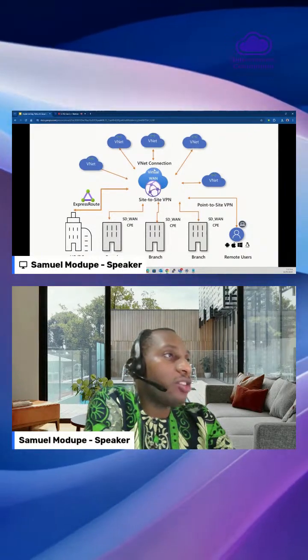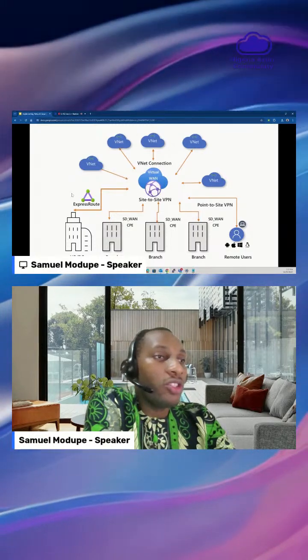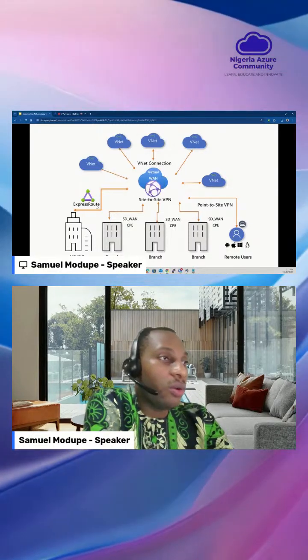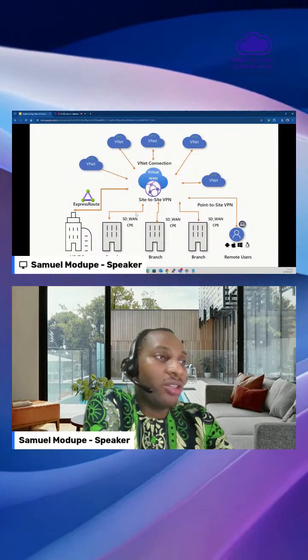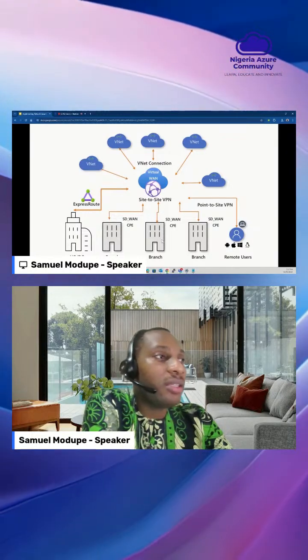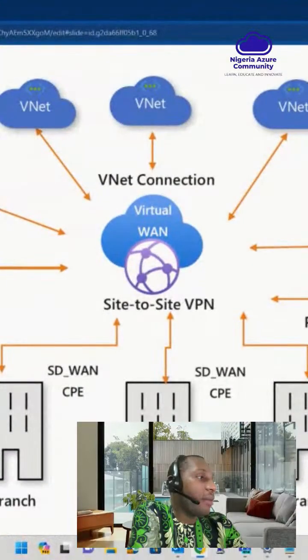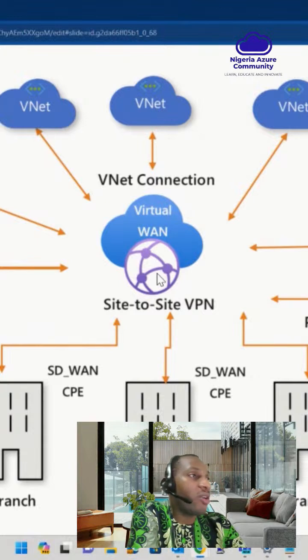So you have your Azure Virtual WAN where you have an Express Route connection to Azure from your data center or headquarters. From your branches, you can have the technology which we call SD-WAN, software defined wide area network. You could connect it directly through your branches. You could have point to site, where you have a remote access user, whether from their Mac, Android device, Windows device, or Linux device. You could also have site to site VPN connections. Now, the Virtual WAN will aggregate all of these things